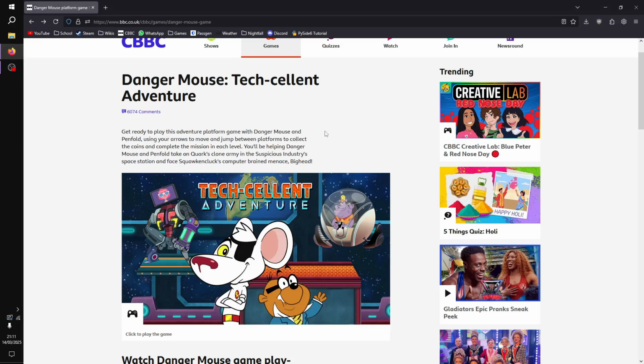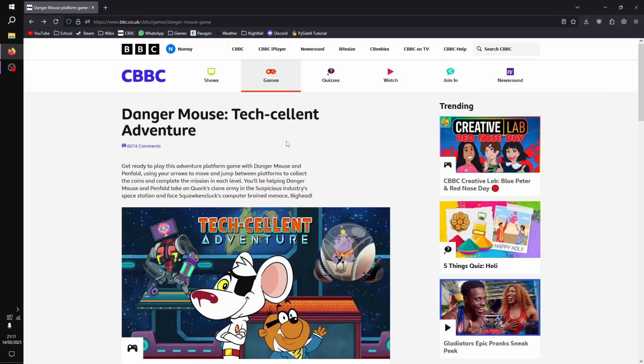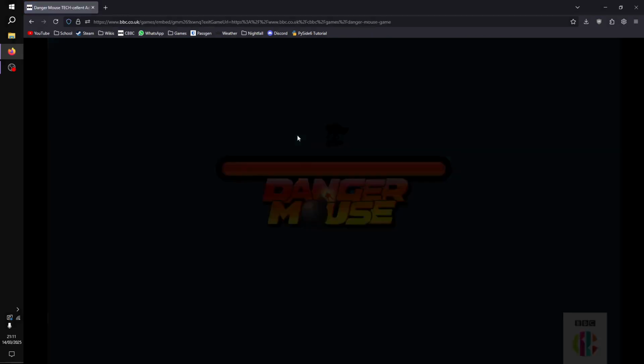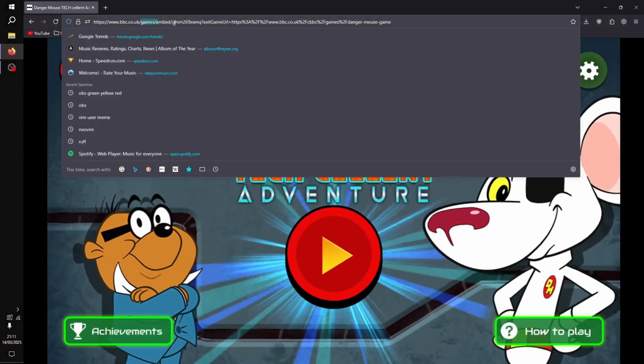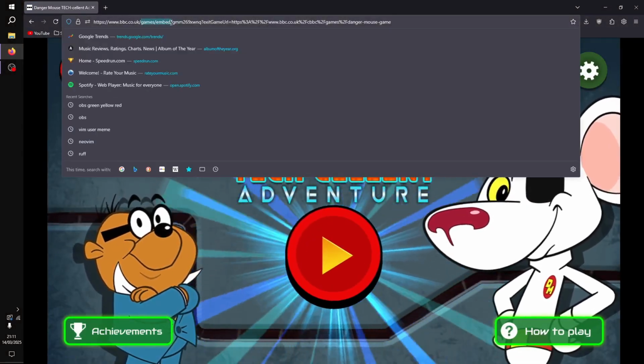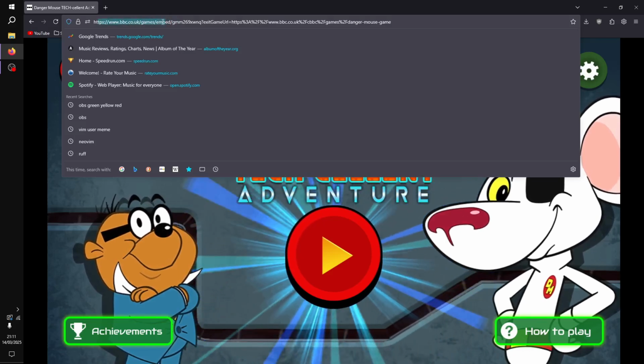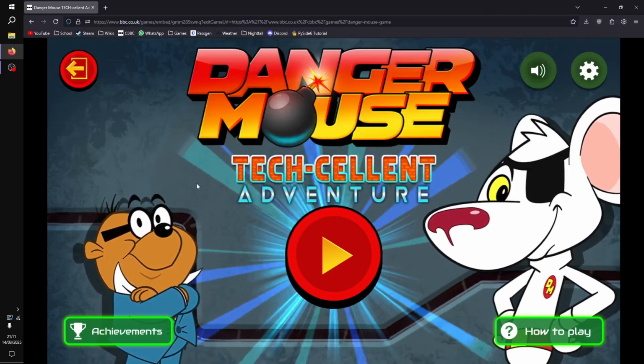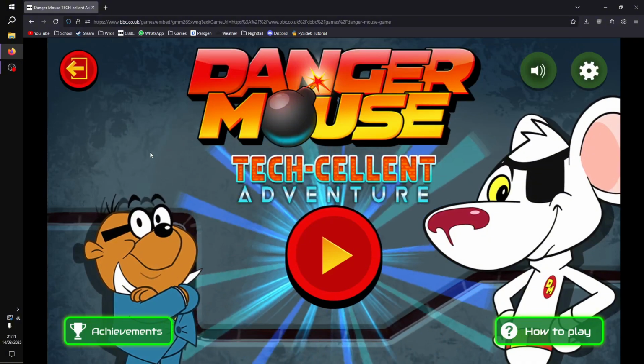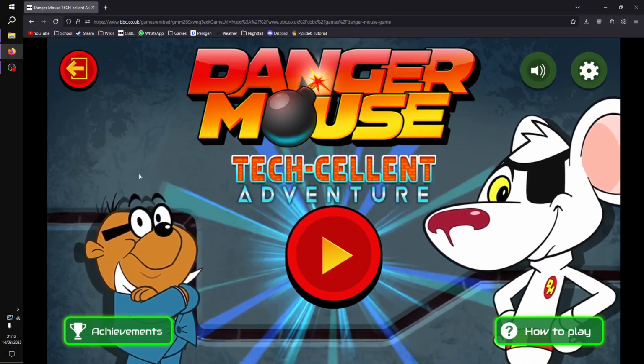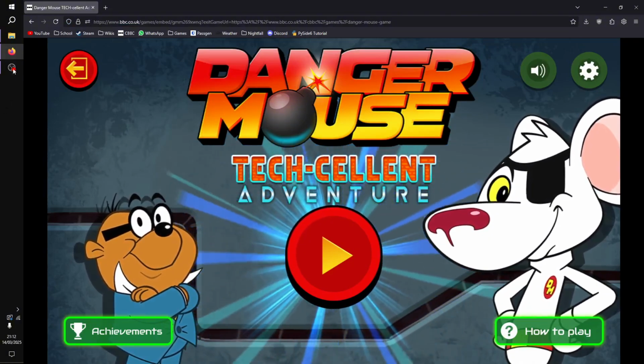So today we're going to be looking at different versions of CBBC games. So here I am on the Danger Mouse game page, and if I go into the game, you can see that it's this game/embed link. Now this bbc.co.uk/game/embed is there for every single game that's accessed directly from the website, including the Danger Mouse game right here,